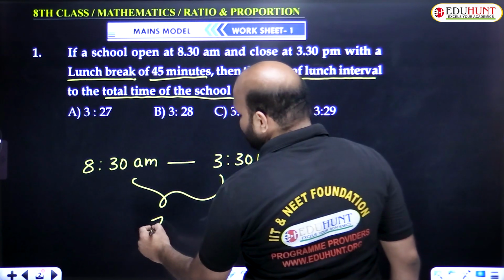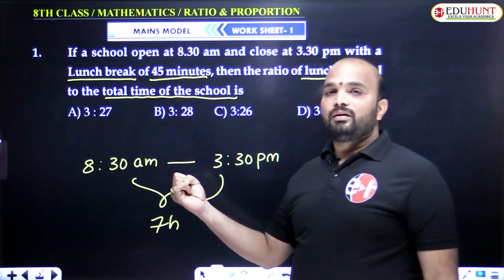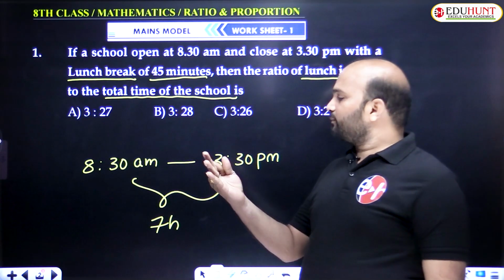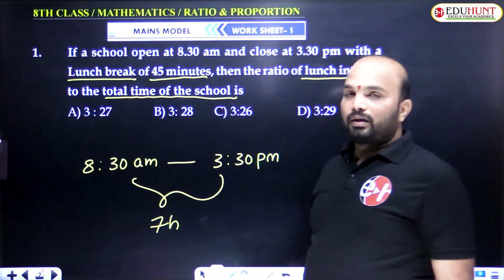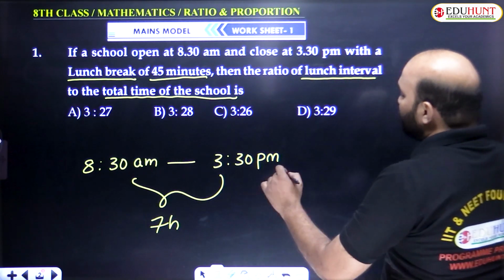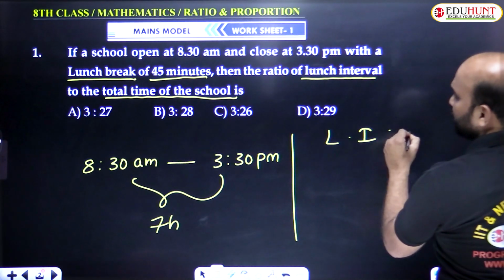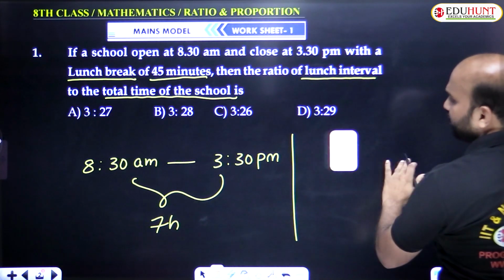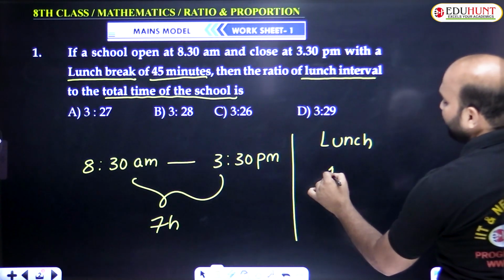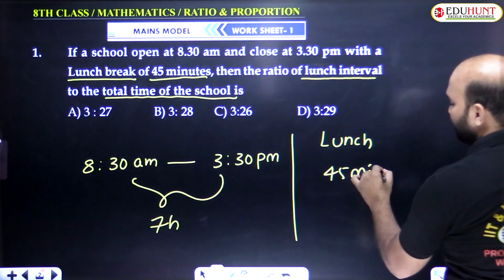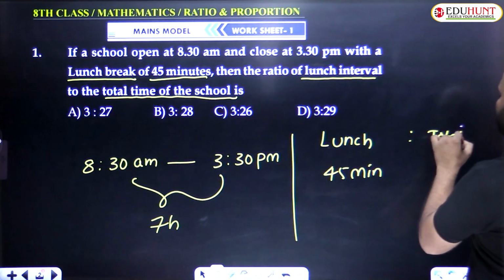So this is a 7 hour difference. 8:30, 9:30, 10:30, 11:30, 12:30, 1:30, 2:30, 3:30. Okay, 7 hours. But the question is asking for the ratio of the lunch interval to the total school time. The lunch interval is already given, 45 minutes. This is very important. But the total school time